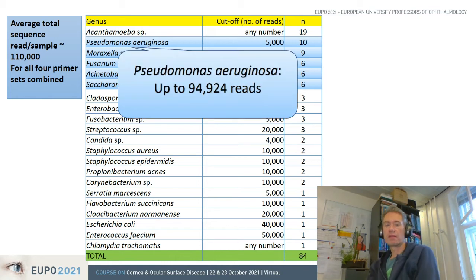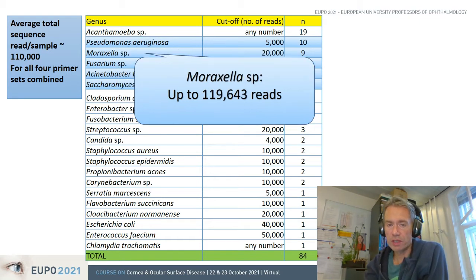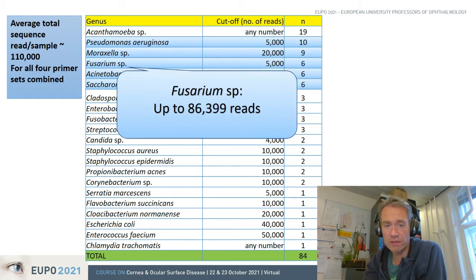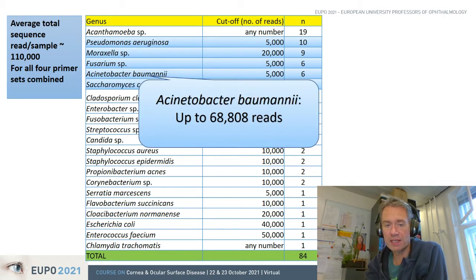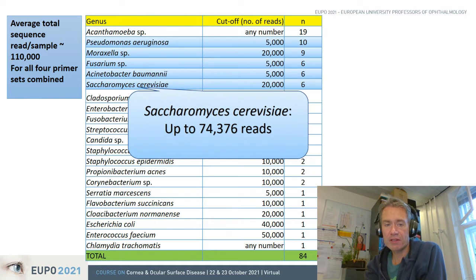And for bacterium such as Pseudomonas aeruginosa, we found up to 94,924 reads, for Moraxella up to 19,643 reads. For the mold Fusarium, we found up to 86,399 reads, for Acinetobacter baumannii, 68,808, and for Saccharomyces cerevisiae we found up to